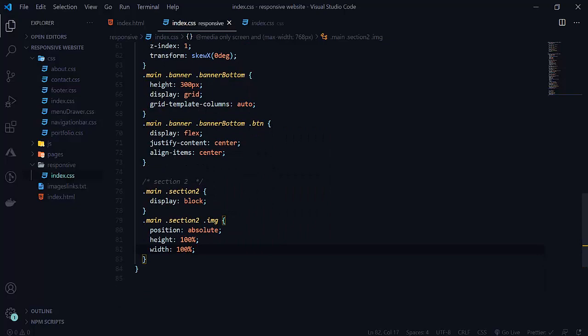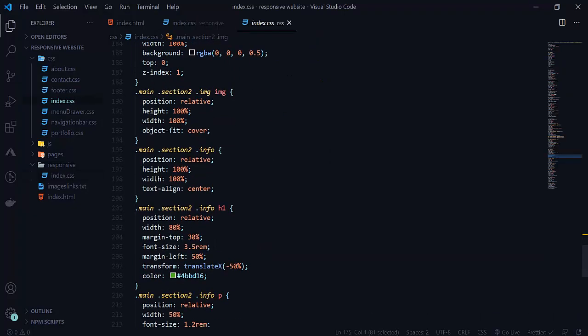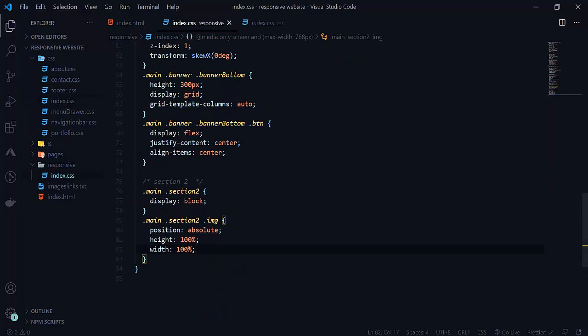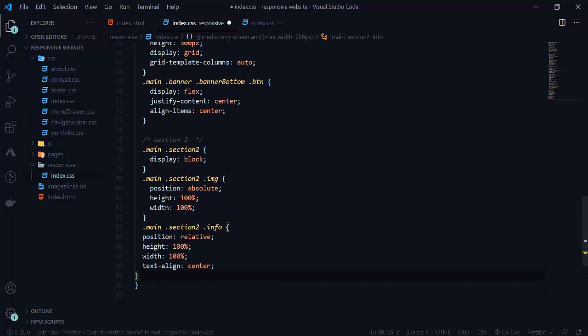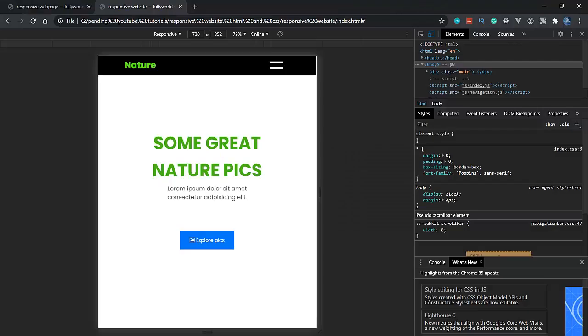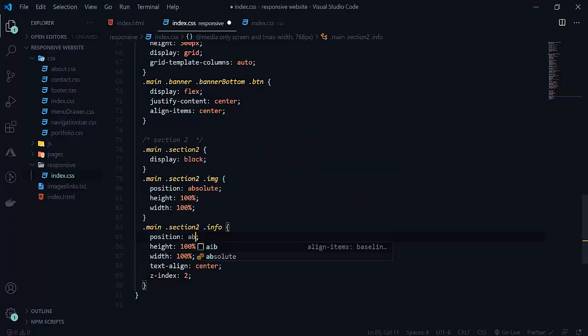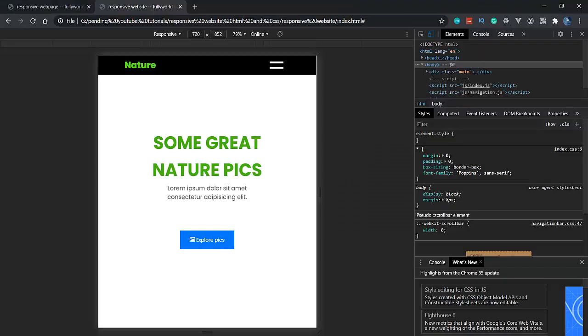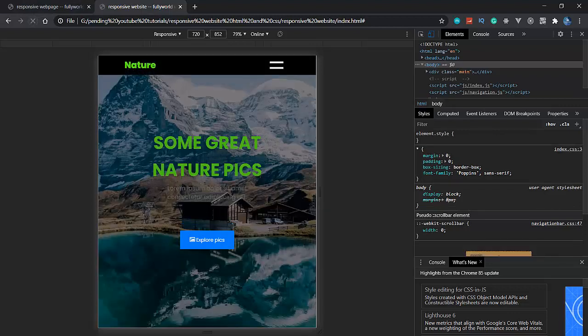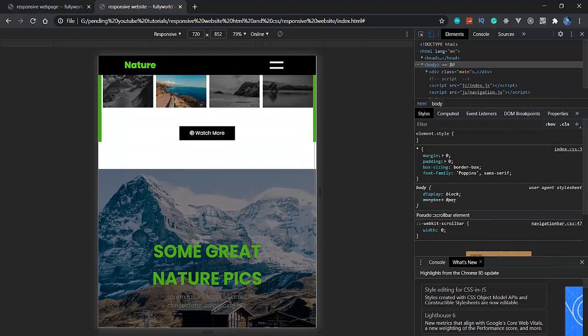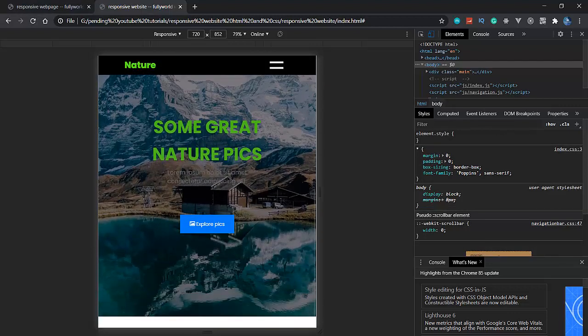First of all we have to change its text. We have to change our info, we have to change its z index. For the info, let's change this z index to 2. When I reload this, we are not getting this here. So let's change this position to absolute also. Reload this, and when we change this position to absolute, see right now we are getting our image here. Now this is looking good.